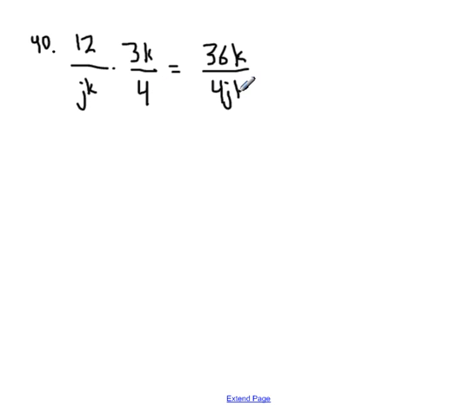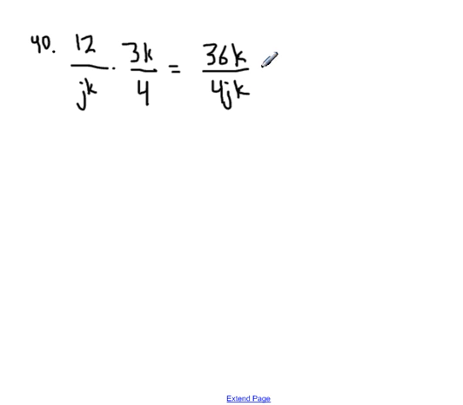Number 40 is 12 over jk multiplied by 3k over 4. Now let's do it the same way we did 38 and 39 first. You do 12 times 3 and you get 36. And don't forget that that k is on top. And then on the bottom, you have 4 times jk. Now in algebra, the number comes first, and then j comes before k in the alphabet, so that's the best